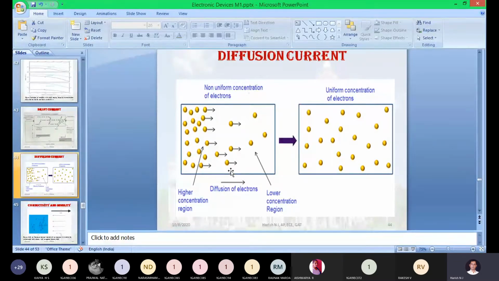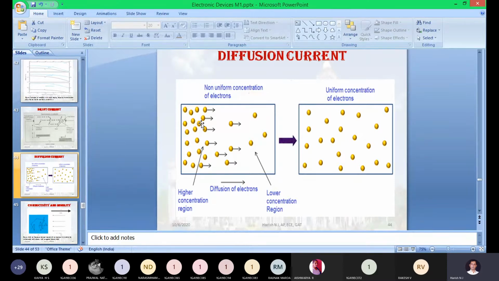Compared to 0 degree, it will be traveling with some minimum speed. When you change the temperature to 300 degree Kelvin, in the same direction it will start moving with a higher speed. Random movement means this electron may move upward, this one downward, this one left, due to repulsion because the same charge carriers are there in the same type of semiconducting material. Randomly it will be moving.